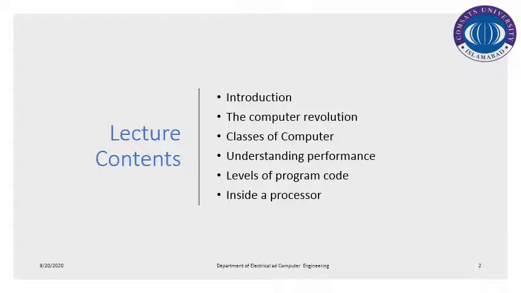We will try to understand the performance and how we're going to compare the systems in order to evaluate the performance. What are the parameters and what are the trade-offs while we were comparing the systems that are used to be considered by a designer or a programmer. Then we will discuss the level of program codes with discussion with the abstractions from high level till hardware, and then we'll discuss the setup of a processor with an example.